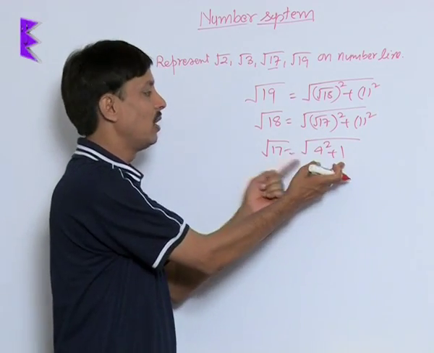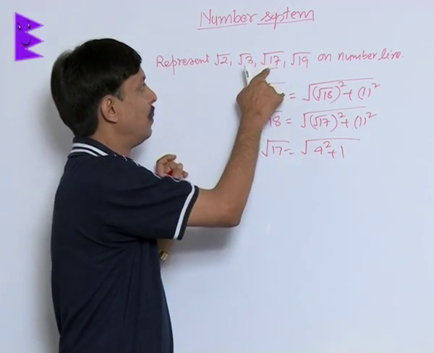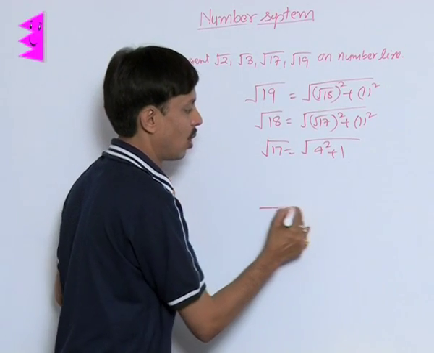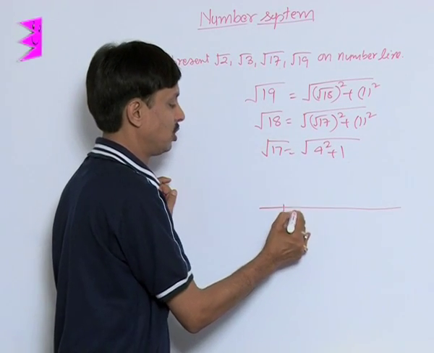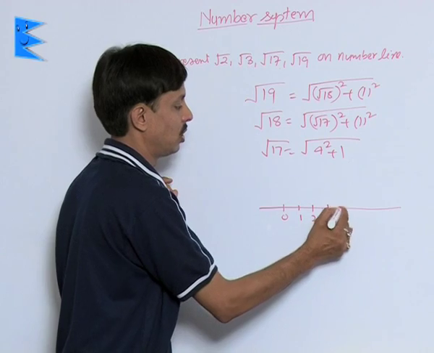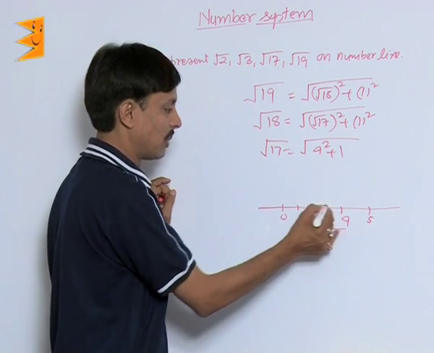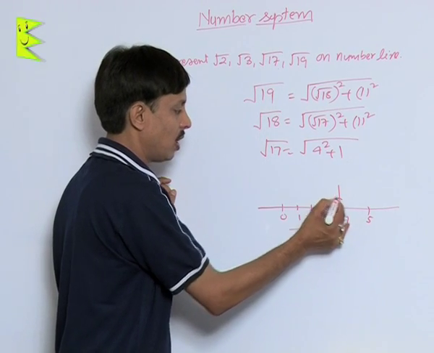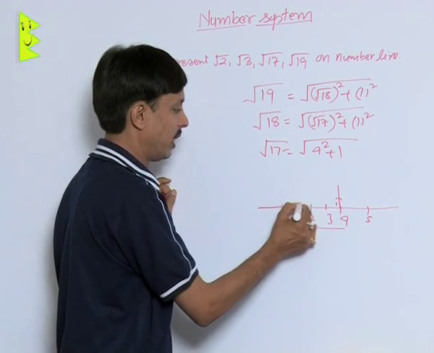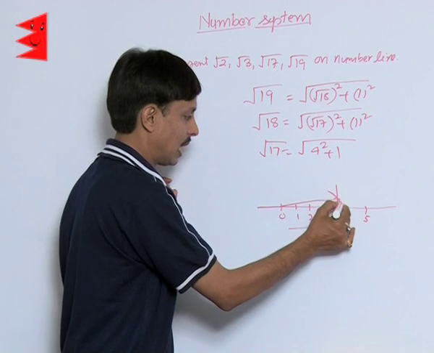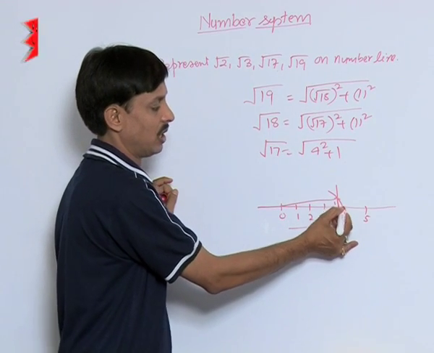And root 17, I have represented previous to it. I am taking a longer number line. This point is 0, this is 1, this is 2, this is 3, this is 4, this is 5. This is root 16 on this 90-degree angle. 1 unit cut and join to this point O, and with the help of compass, this is root 17,